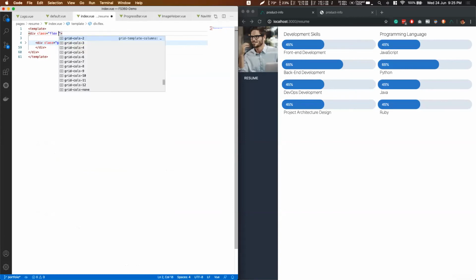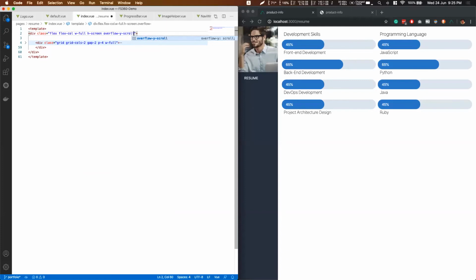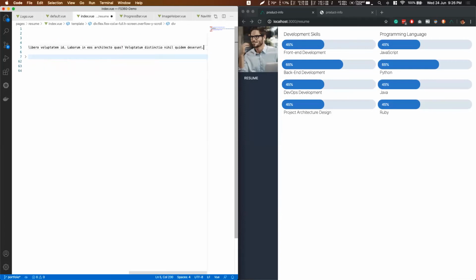Because I want everything to go vertical, so I use flex column again. And of course, this is full screen, so go by full screen. So if anything overflows, I want it to be scrollable. And then a division. This is where I will place my summary. So this is about, and then